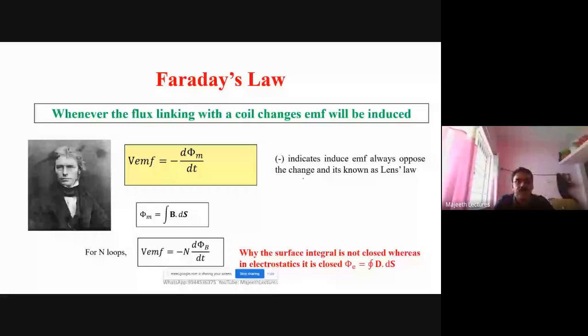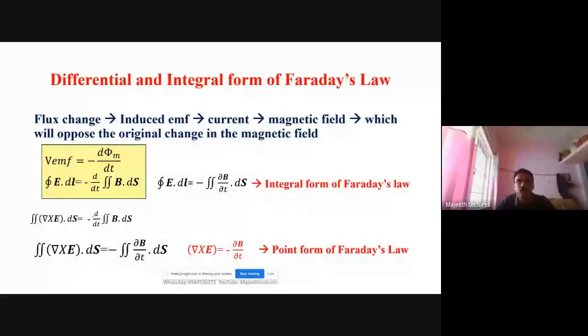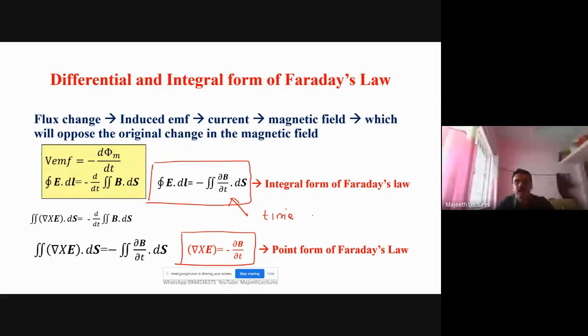Okay. Next one is Faraday's law. So we don't have time, directly write Faraday's law. This is what Faraday's law, right? See, the first thing you have to remember about Faraday's law is Faraday is the first person who brought the term time. Whatever we studied so far, we never used the word time or parameter time. So Faraday brought the term time. So time varying field, the electric field varying with respect to time or magnetic field varying with respect to time, that concept was introduced by Faraday.